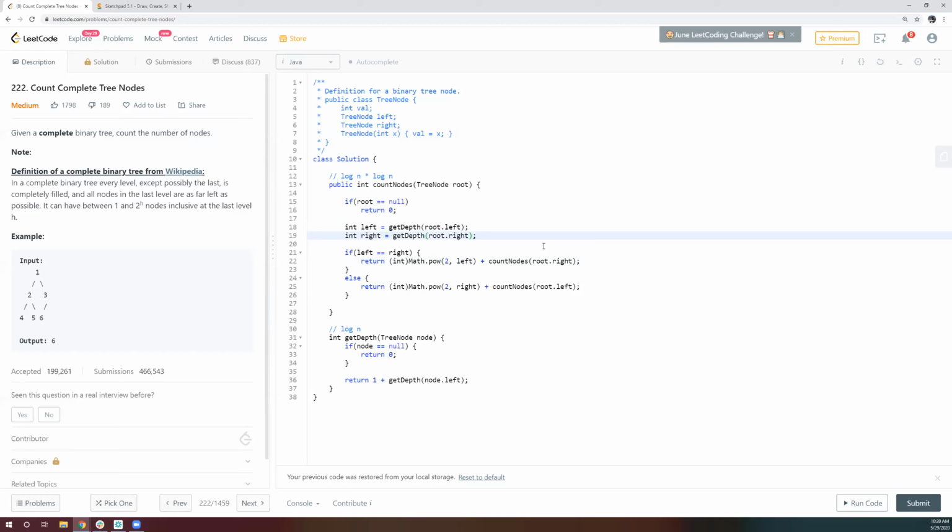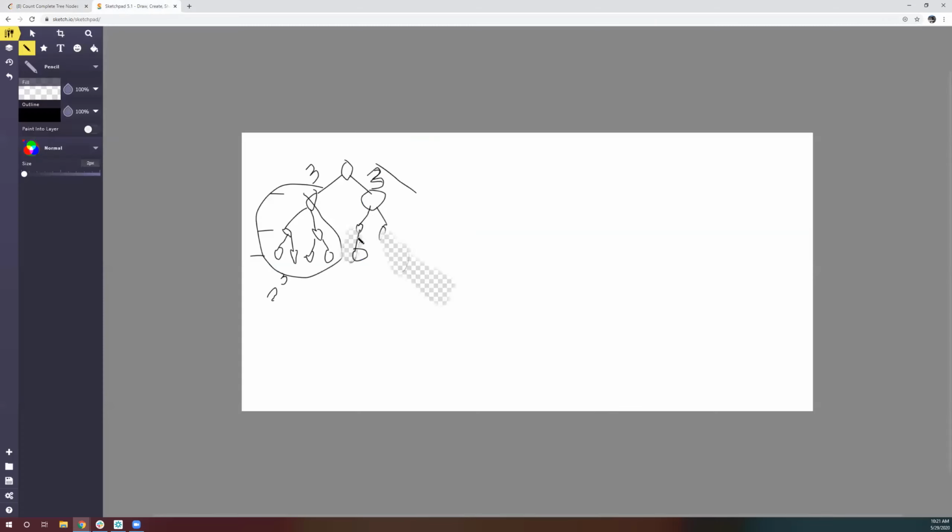Does that make sense? You have questions? And then you go into the right side of the tree and call it recursively. Yes, because let's say there was no 6, or let's say this way, there is no this node. So that means the height came 2 here, height came 3. So if you see this side, this is a full tree kind of thing. There could not be any variation. So I can directly count this and go towards my left. Sorry, there could be something like this, which I need to find out. So this is that situation. We will go left, but we know my right is good.